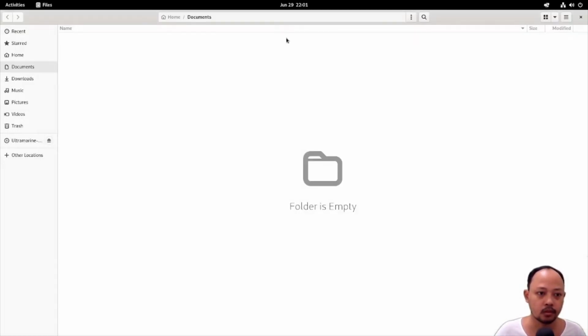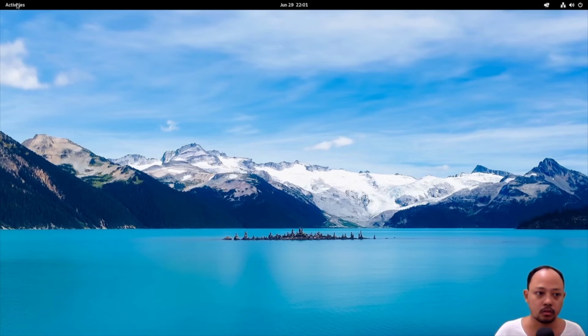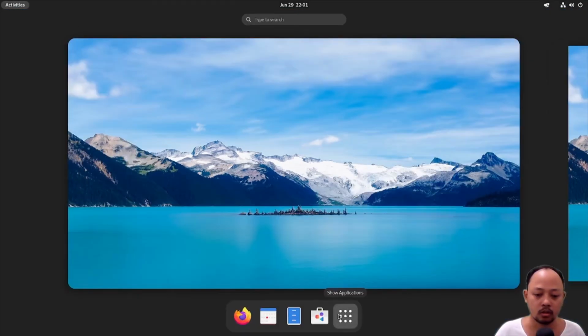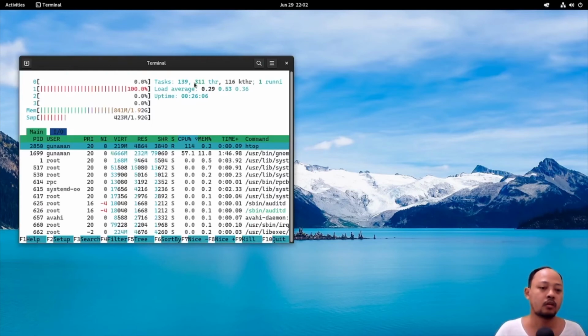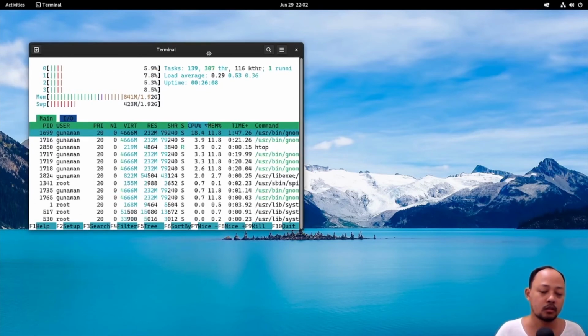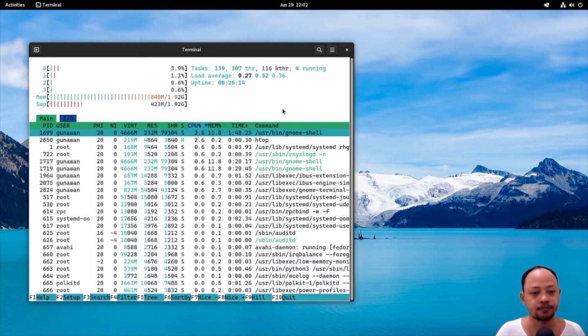and then let's go to another application. Okay, the next application is EdgeTop. So the Ultramarine is already bundled with the EdgeTop, so we don't need to install it.